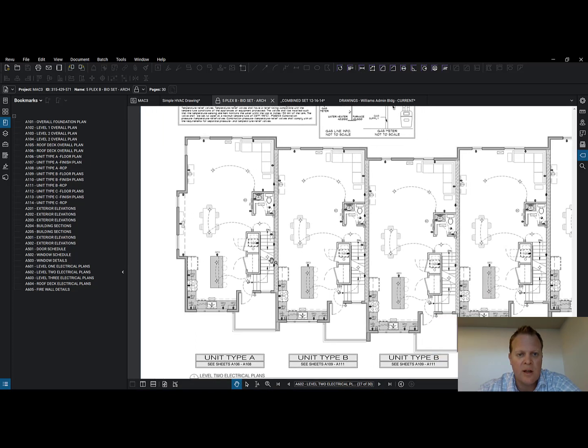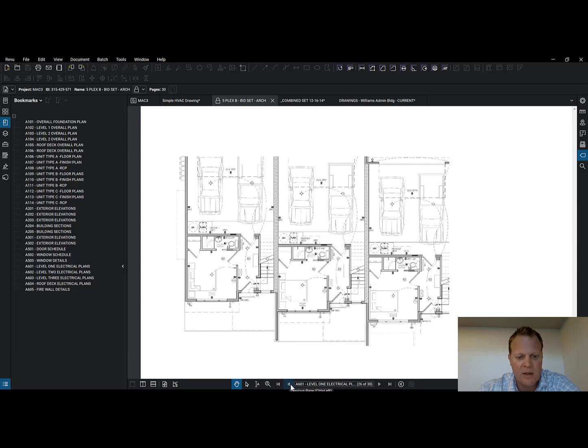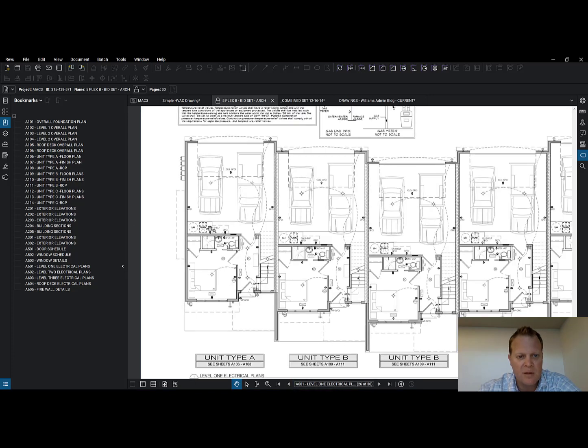So we need to coordinate. And look at that. There's no information on any of these drawings, I guarantee you, about drops for ductwork. So the ceiling has to be dropped in order to be able to get ductwork in each of these locations. So let's go look at